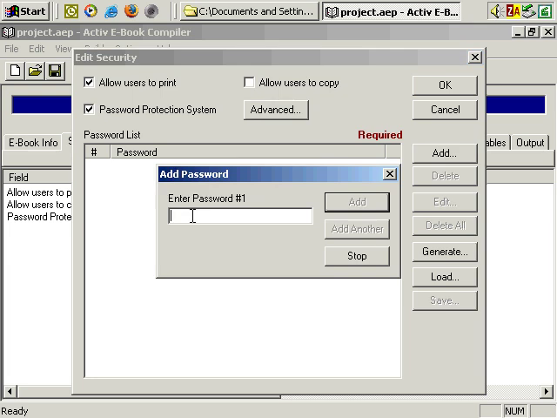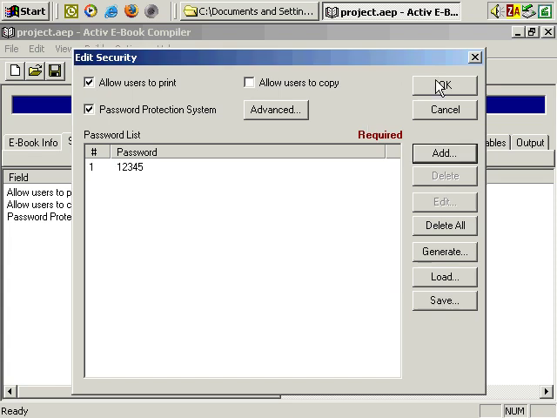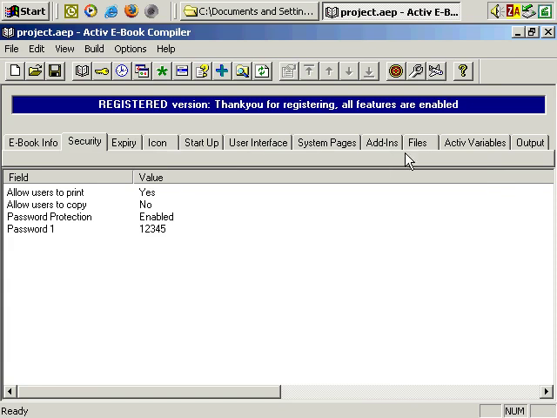And enter a password. You can enter multiple passwords, but I find just entering one works fine. But obviously, make your password difficult to guess. But in this instance, I'm going to use 12345 and add it, and that's it. So let's OK that. And next, if you go to the Files tab,